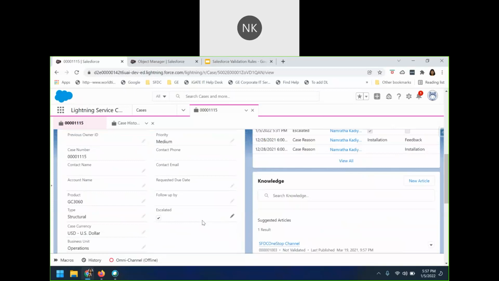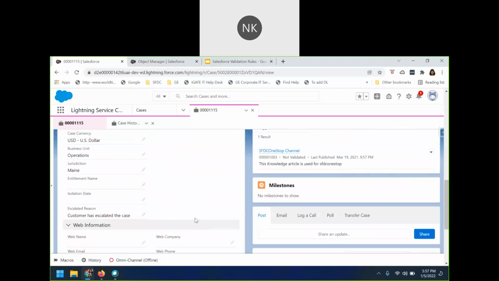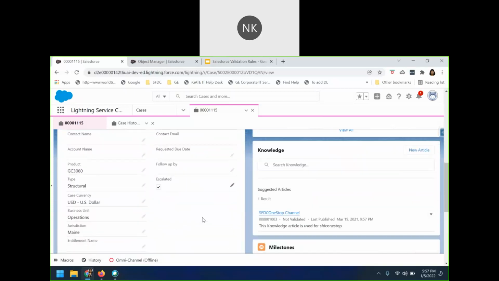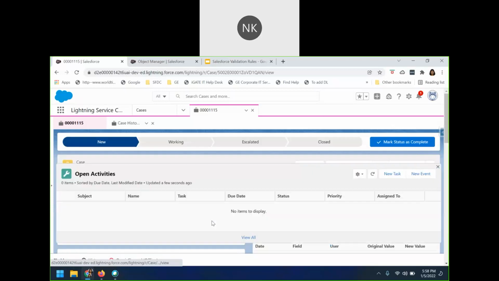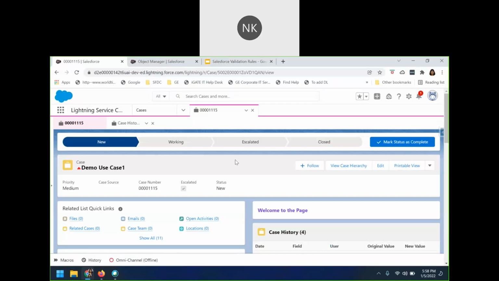So here we have filled in. Now using the reports, you can filter all the cases which are escalated, and you can also find out what is the reason behind the case getting escalated. So that is how you implement a case escalation rule in Salesforce.